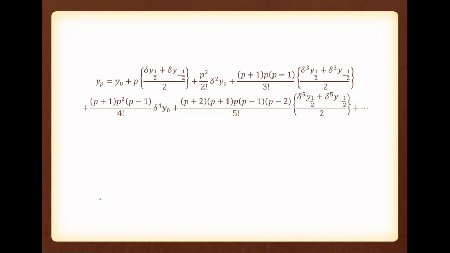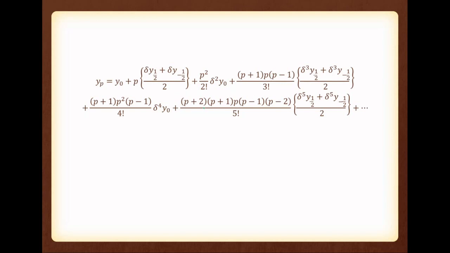So here you can do one more thing if we want. First 3 terms, nothing to do. But what about this term? Here you can see that this is p plus 1 and this is p minus 1. What is the product of p plus 1 and p minus 1? p square minus 1 square, right? That is p square minus 1.